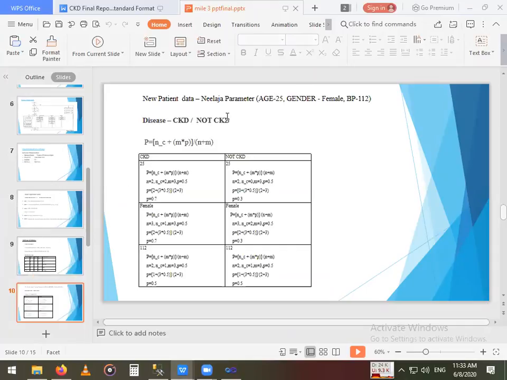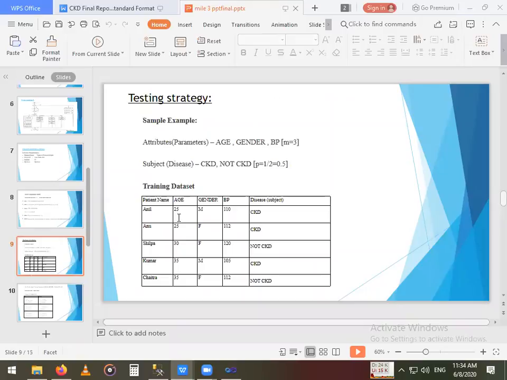In this data set, first we'll see that n is the number of records in the data set where age is equal to 25. That is Anil, age is equal to 25, we'll take that record, and Anu, these are the 2 records where age is equal to 25, therefore n is equal to 2, and